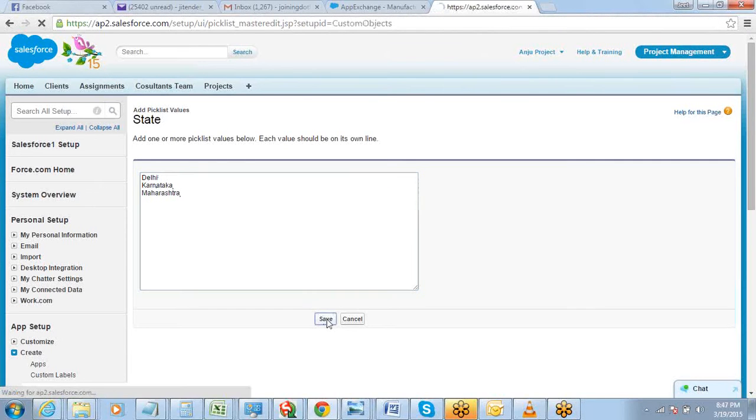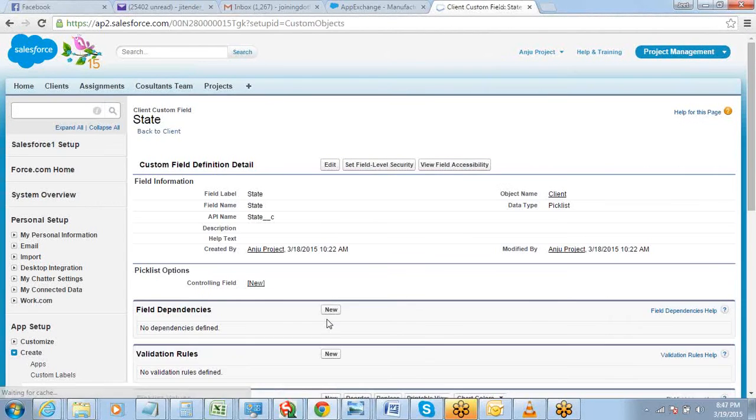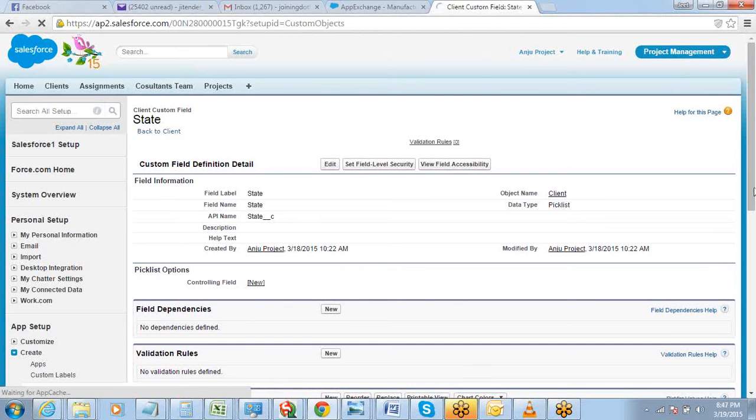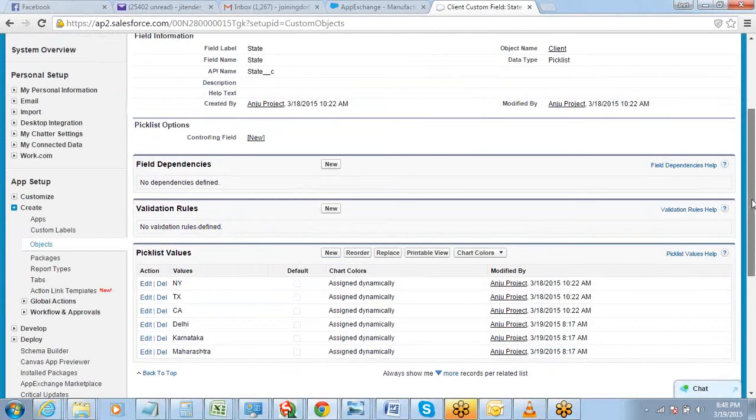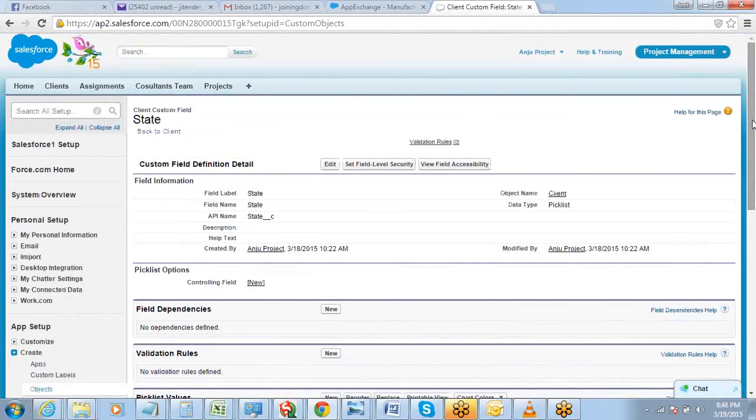Okay, so 3 more values added. Right. Okay. I'm doing it for the country and state. You can then do a dependent pick list for state and city on your own. Okay, so you can add those values and all.